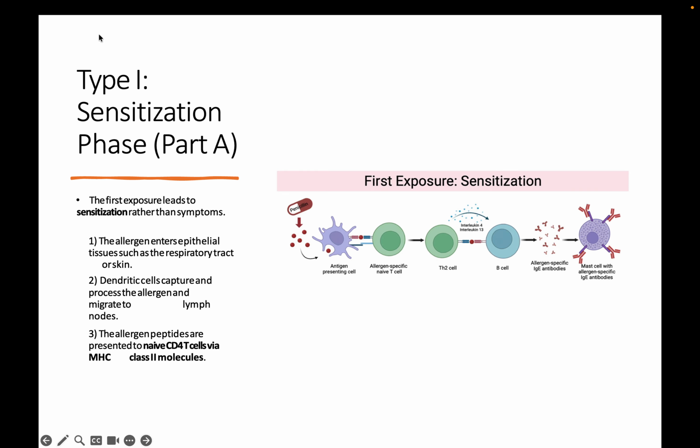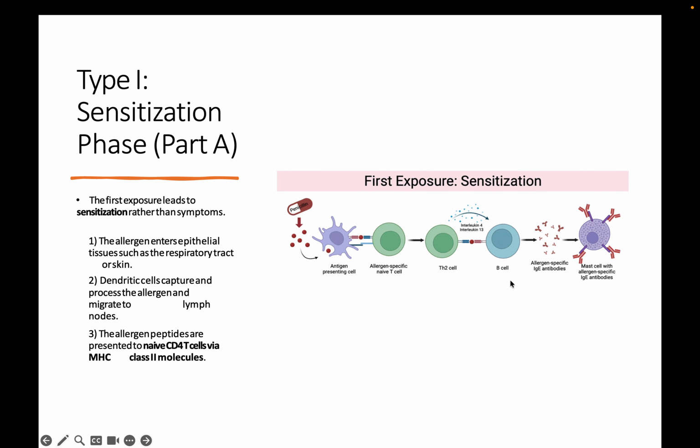sensitization, which in this case, let's imagine that you are allergic to penicillin, or you're going to develop it. Let's put it this way. You are exposed to penicillin for the first time in your life, okay? Because it's the first time in your life, you don't have an immune response against it. You've never seen this before, okay? What happens is that a component from penicillin is going to be taken up by your dendritic cell. This dendritic cell is going to then go to your lymph nodes and present it to your naive CD4 T cells. And it's going to do it through MHC class 2 molecules. If there's a good, nice pairing of your MHC 2 with your antigen towards your T cell receptor and everything,